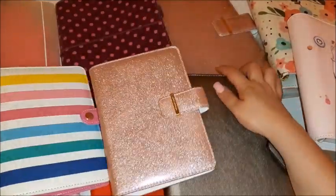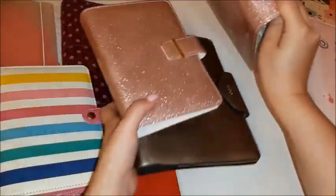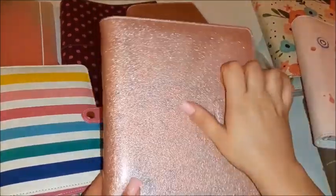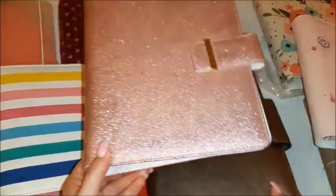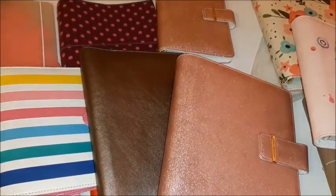And I have also the A5 one here because I had purchased the matching one in the A5 size, but this again, I have never used it. It's a wonderful planner too. But again, an advice that I can give everyone is to do quite a lot of research and first decide